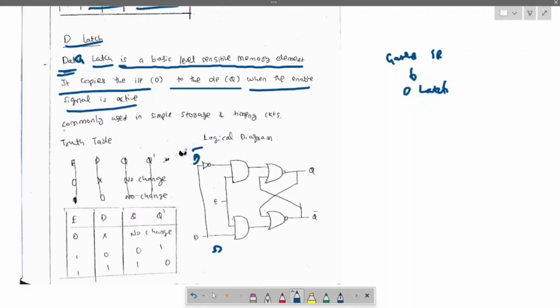Now, it is commonly used in simple storage and timing circuits. What is the purpose of making this D latch? Copying the data of the input to the output, like a basic storage element. Commonly used in simple storage and timing circuits. So obviously, when enable is 0, there will be no change in the output. When enable is 1, when we pass 0,